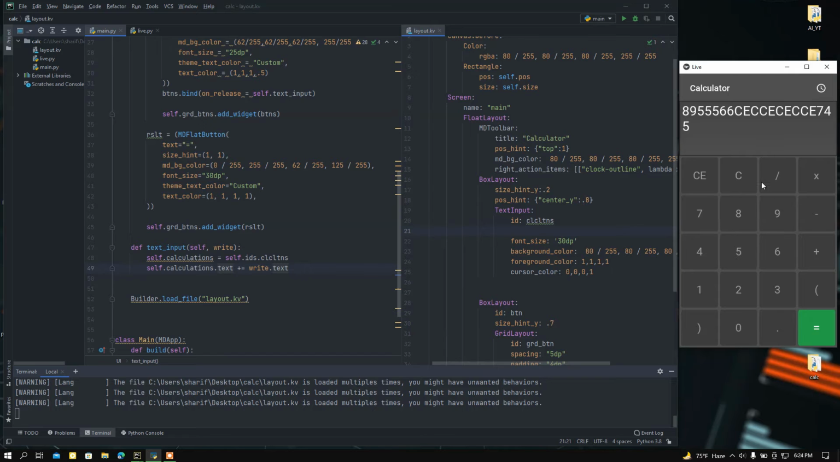So I need to fix it. Whenever the user clicks this button, all the screen's text should be cleared out. And if this button is pressed, then only one single number will be cleared out. So I'm going to set a condition. If